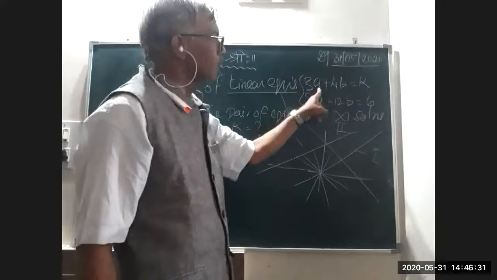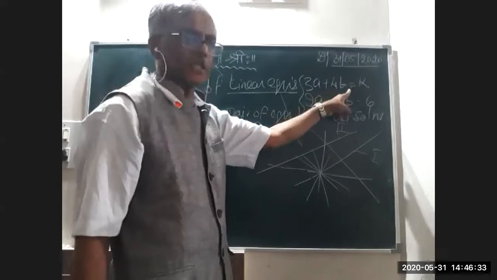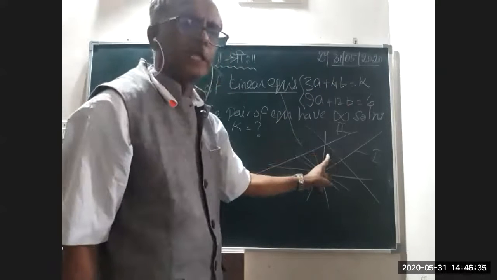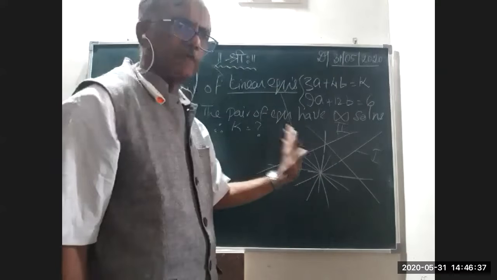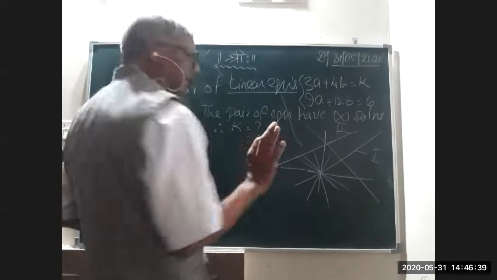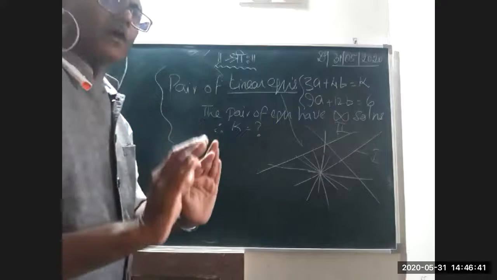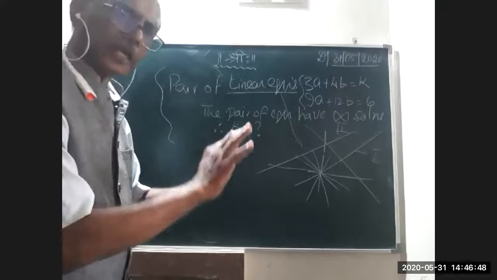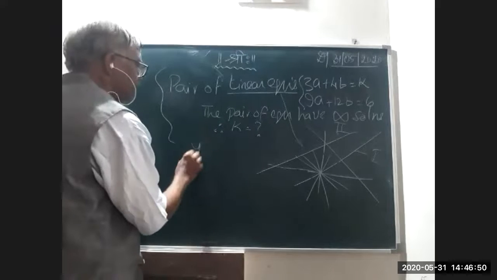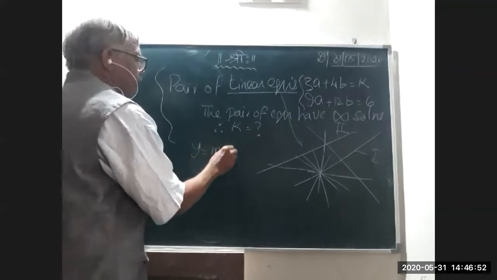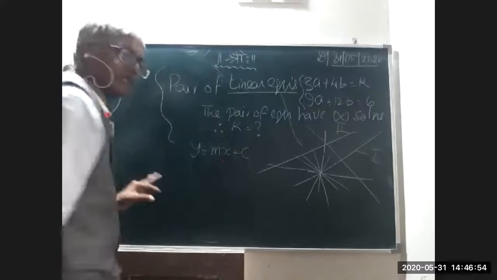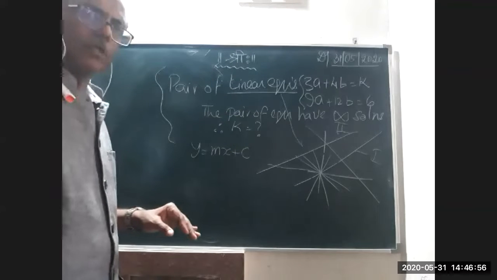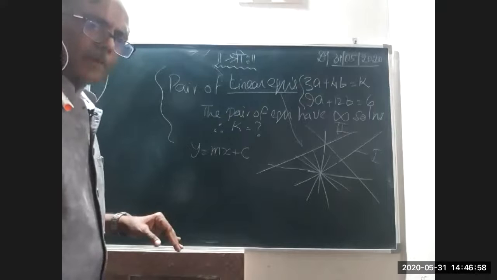That means one variable is proportional to the other variable, is what the graph will denote. So, there is a generic formula of denoting this variable relationship, where we plot in the graph. That relationship is y is equal to mx plus c. You understood? y is equal to mx plus c.